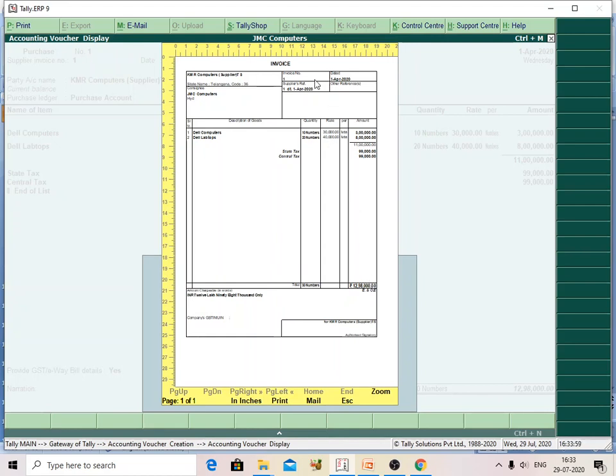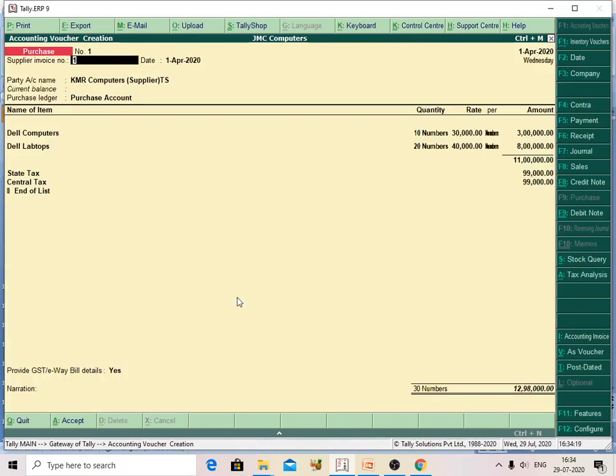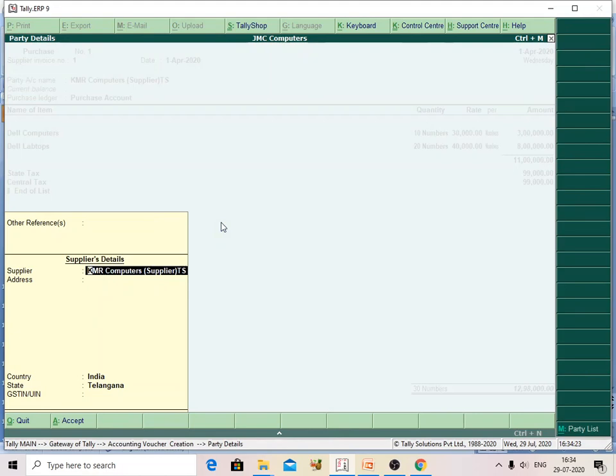Okay, so this is intrastate purchases. Here you can see who the supplier is, KMR supplier, and JMC Computers here. So date of invoice, place of reference. I will show you again here. If you give the details here,